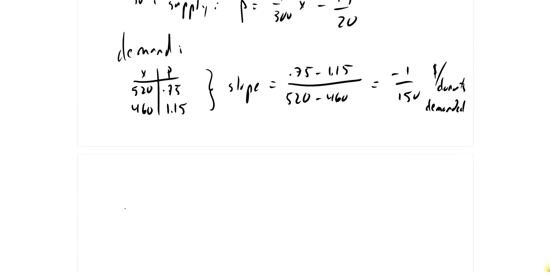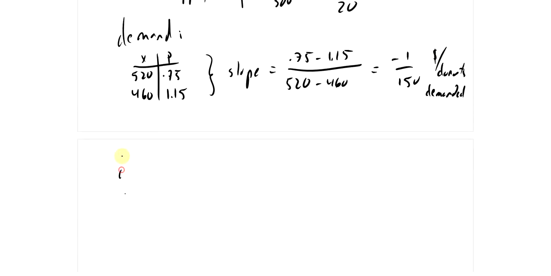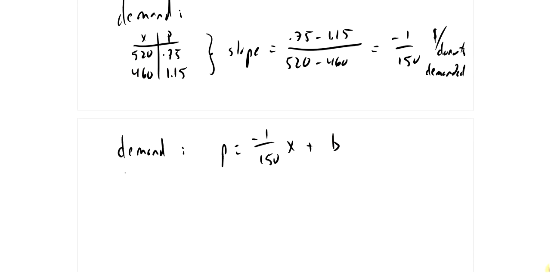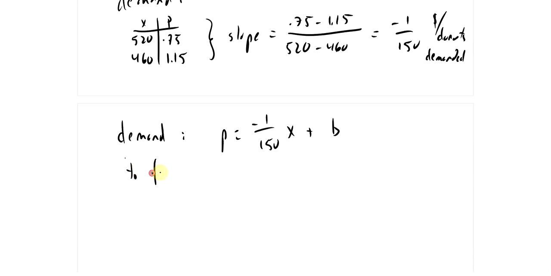Okay. So the demand curve is P equals, I don't know what happened to my D there, P equals minus 1 over 150 x plus B. How do we find B? Pick a point and plug it in. And again, I'm going to take this point and plug that in. And that gives me